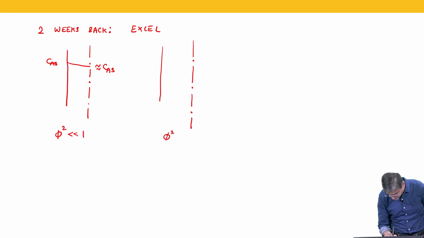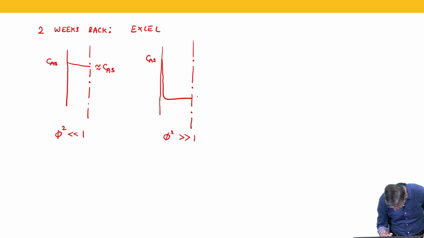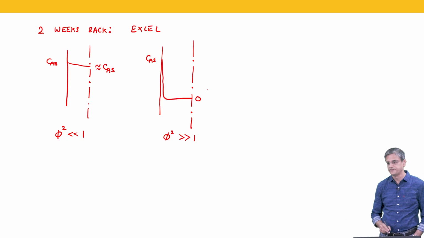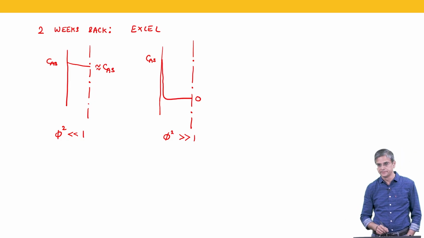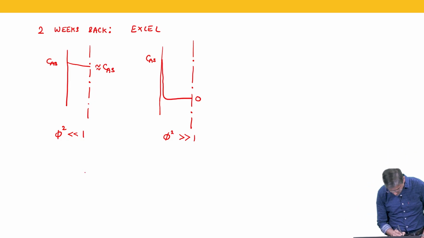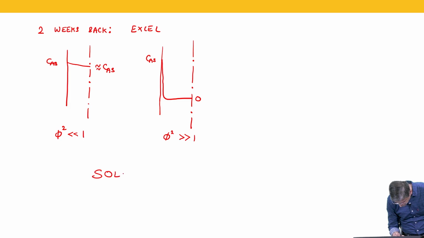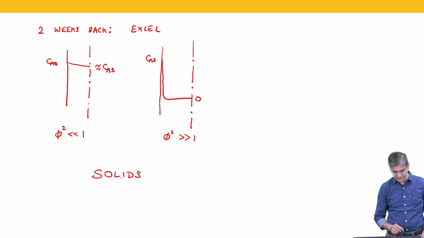When phi square was much greater than 1, what we had was that the concentration fell to 0. Okay. So, this was for solids. Okay. So,